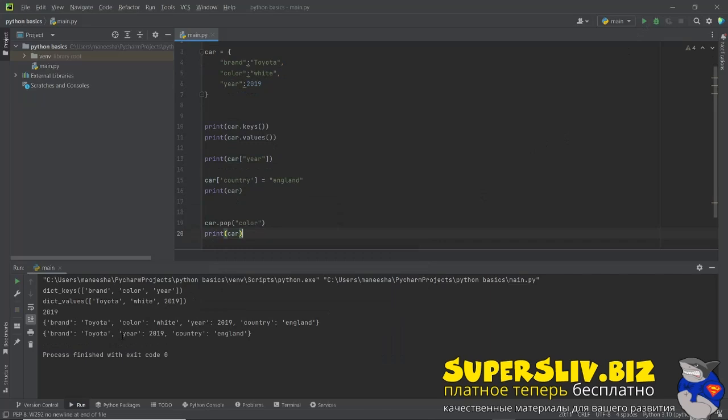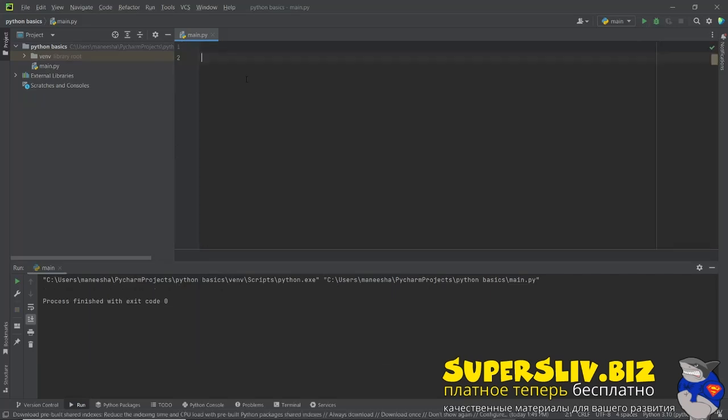Now you can see color has been removed from the dictionary. Now let us talk about if-else statement. We can use if statement to run a block of code when certain condition is true. Let us try example. If